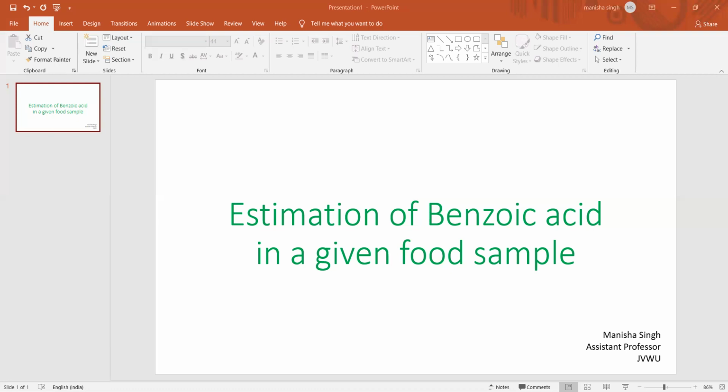And if you are doing the same test for jams, jellies, preserves, and marmalades, mix 150 grams of sample with 300 ml saturated sodium chloride solution. Add 15 grams pulverized sodium chloride. Add 10 ml of 10% sodium hydroxide solution. Transfer to a 500 ml volumetric flask and dilute to volume with saturated sodium chloride solution. Let it stand for 2 hours with frequent shaking, filter, and use the filtrate for determination.